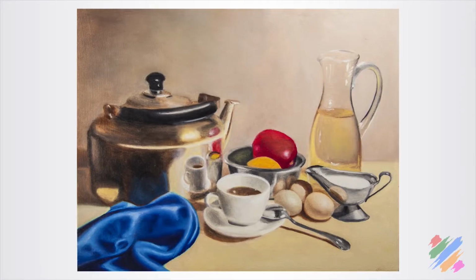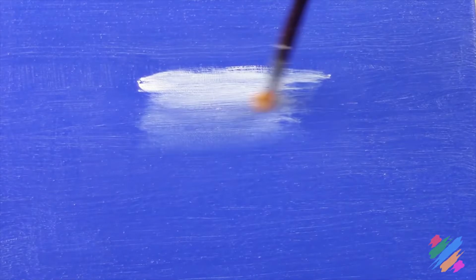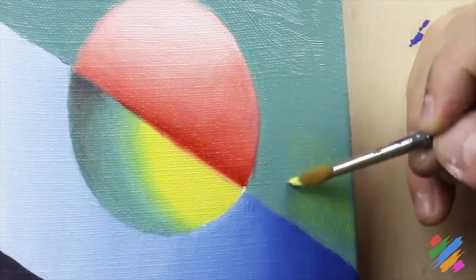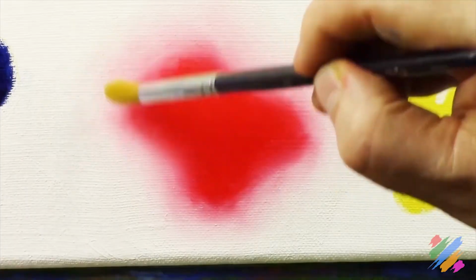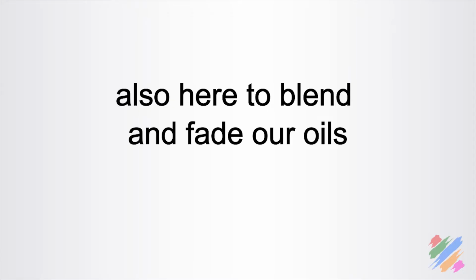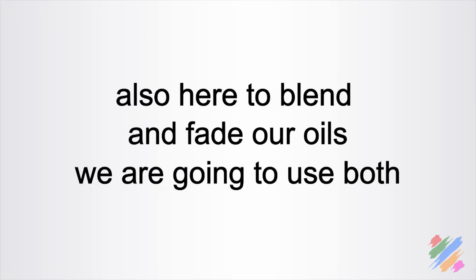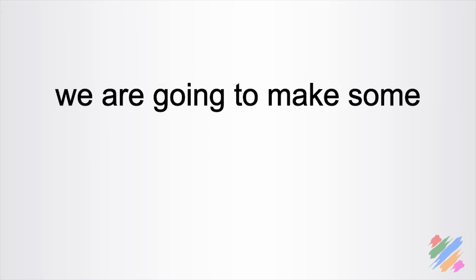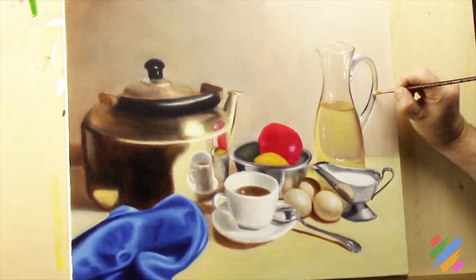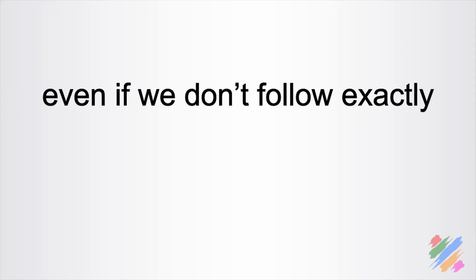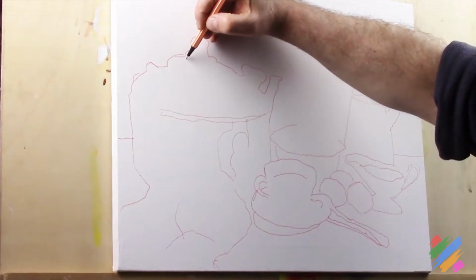In this work, we are finally able to use all the fundamentals that we have seen and on which we have practiced ourselves with the exercise first and then using the abstract. Also here, to blend and fade our oils, we're going to use both the mixed and the multi-layer method. We're going to make some mistakes to see how at the end we can always find a way to carry out our work in a proper way, even if we don't follow exactly the best strategy,